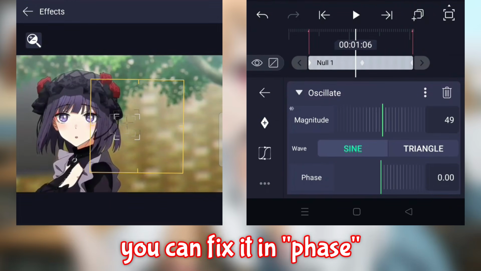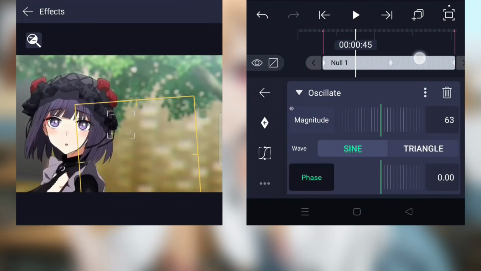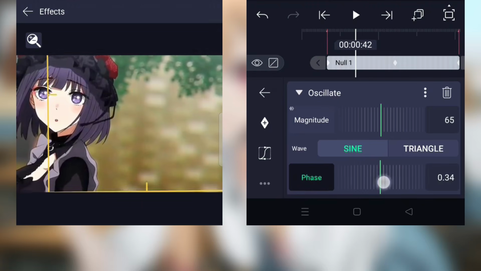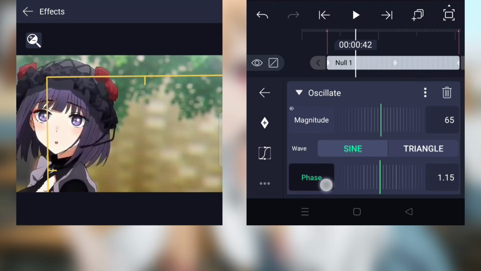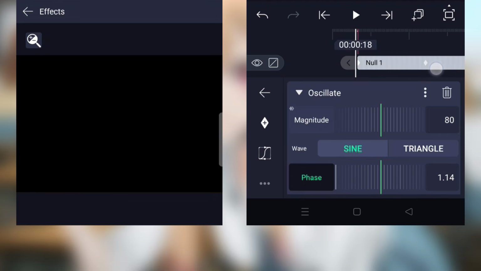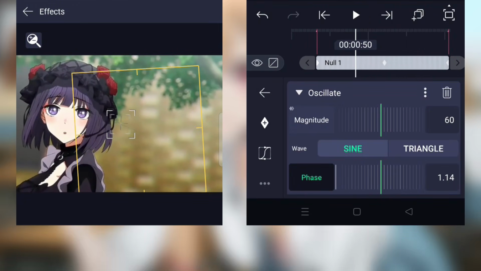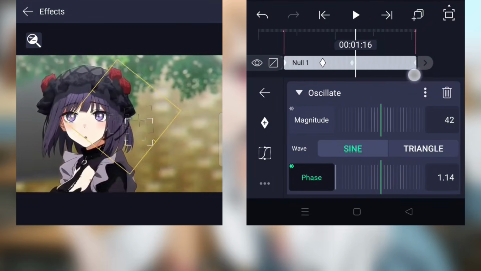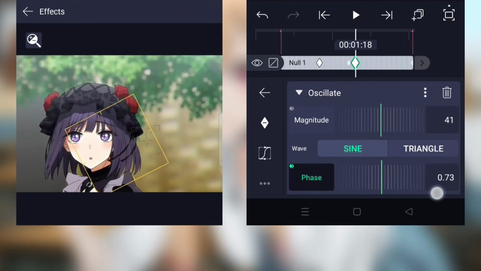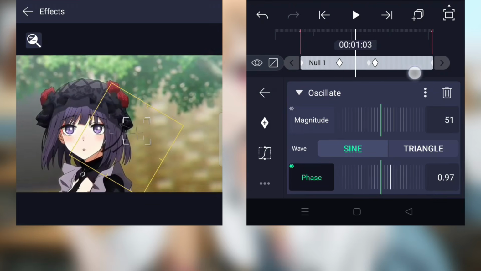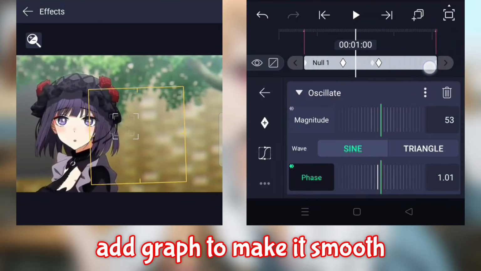You can fix it in Phase. Add graph to make it smooth.